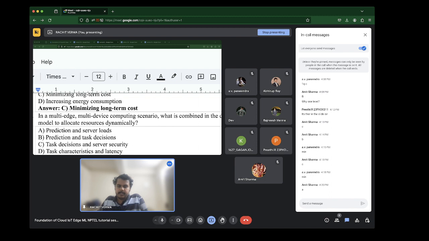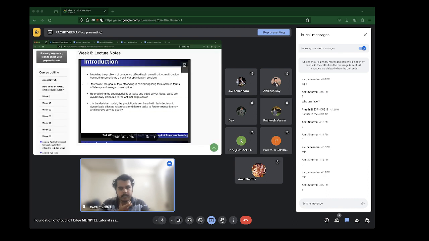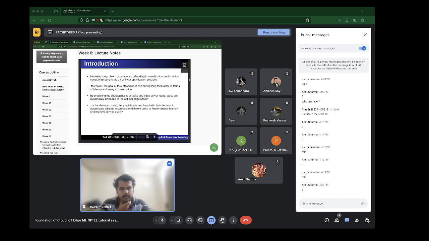The server loads are not really relevant to the exact model. But okay, let's take a look at your notes. So now we do some amount of prediction of the tasks and the edge server loads, right?